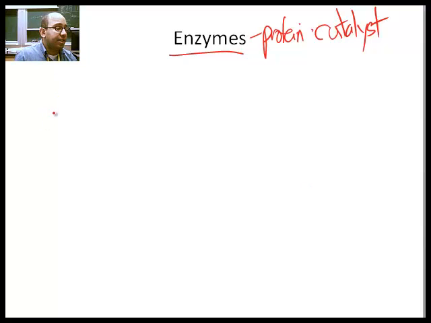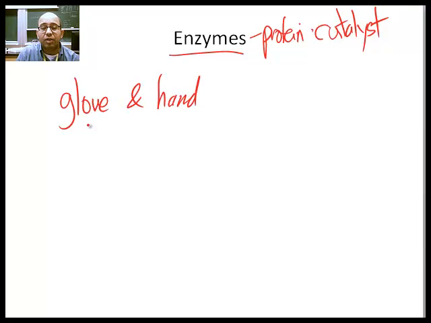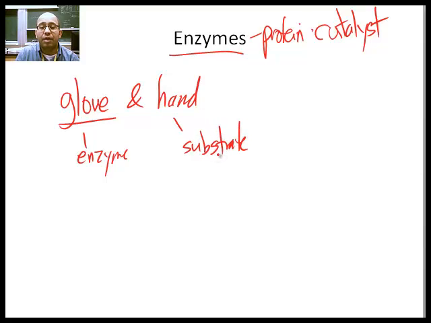So on page 66 and 67, they refer to two analogies, and one is the glove and the hand. The glove is the enzyme, and the hand is the substrate that binds to the active site in the enzyme. So there's a few vocabulary words that we need to review. So an enzyme is this protein that does the work, that helps put everything in the correct position so that